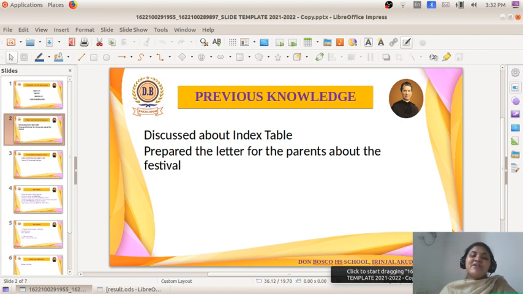We have created an index table. After creating the index table, we needed a modification. How did we modify that? We didn't get the proper contents. Full contents we didn't get in the index table. So for getting that, what have we done? We have created new styles. What are those? Subheading, main heading and paragraph also.